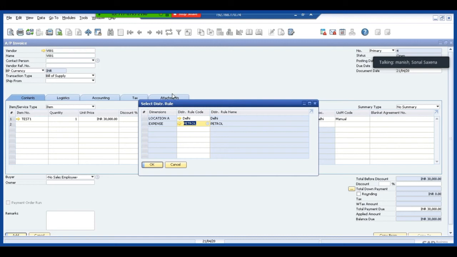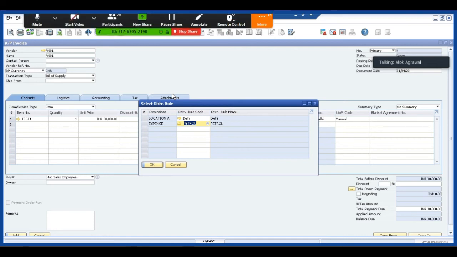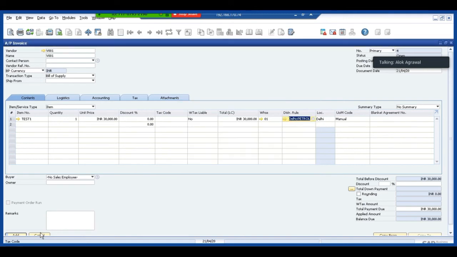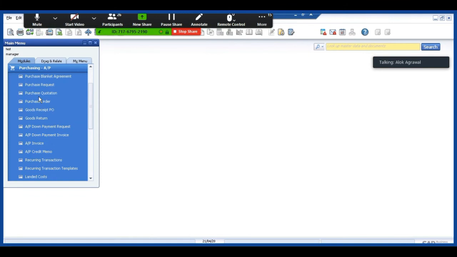Basically the number of criteria we put for segregation, those will allow us to essentially drill down the reports. What I wanted to know was that suppose we have got 10 vehicles and the petrol of all vehicles go into vehicle expenses. Now we enter the petrol and we put a cost center. This is for vehicle A or B or C. Can we get a report that how much petrol is being consumed by vehicle A or B? Yes, we can do that. Thank you.